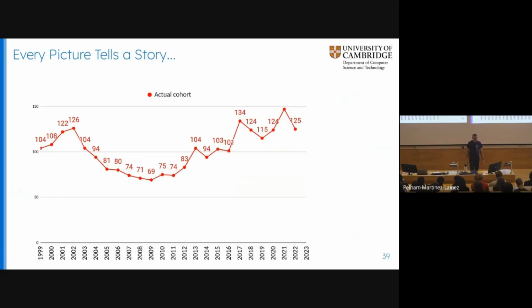I will also just show you that red line without the blue because it does show some trends. Otherwise, it just looks like it's flatlined. It hasn't flatlined. It's actually showing very similar trends to before. There's a bump here and there's a rise over here. I won't go into the detail. There's a reason why Cambridge can't move very fast in terms of increasing numbers in the way that it works. But we are on a trend that's going up, and the university is now supporting us in having more students as years go on.